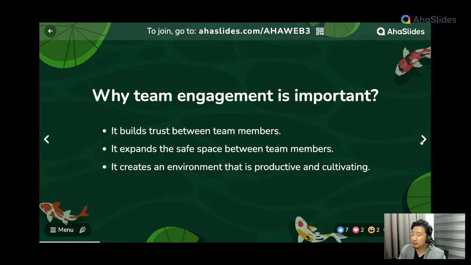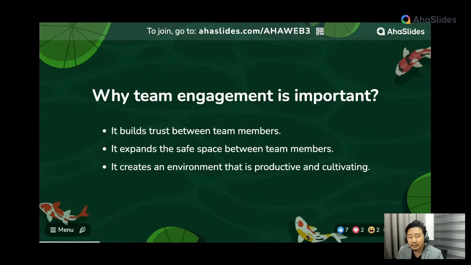So why is team engagement important? For a lot of companies actually, your job and your business as usual are probably routine, right? You come to work, there's a certain set of tasks you know you have to complete, and your team has done it for a long time.